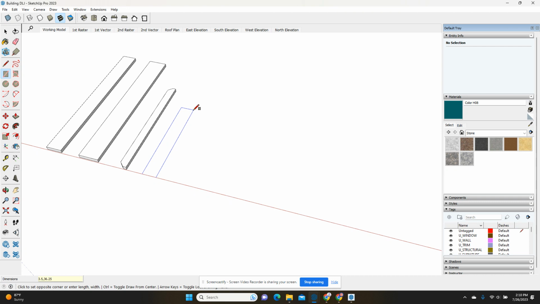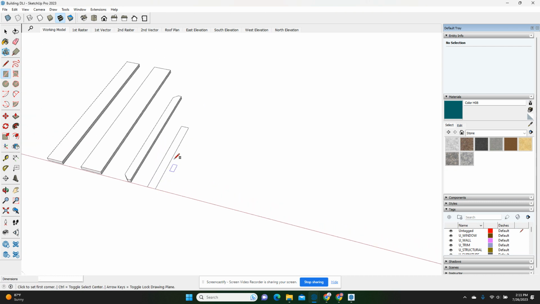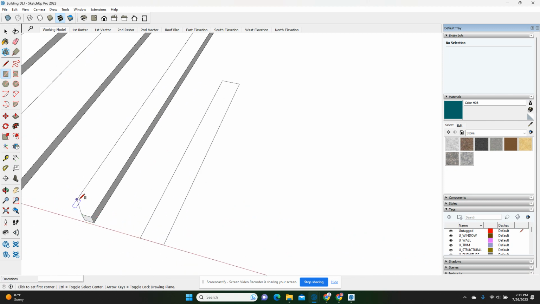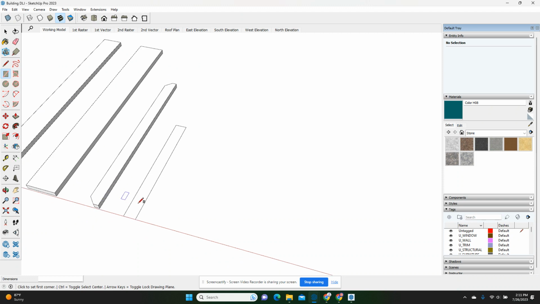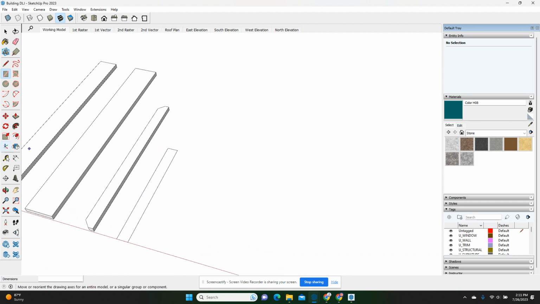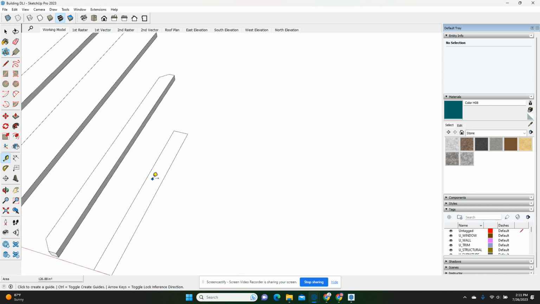36.25. You can see in the lower left-hand column by dimensions where that input's going right there. So I press enter. Here's my next rectangle. Now I'm going to show you another way of knocking off the corners before we give it thickness. So before I give it any thickness, what I could do is go to my tape measure tool, come off